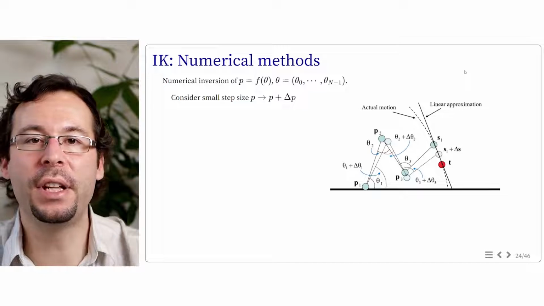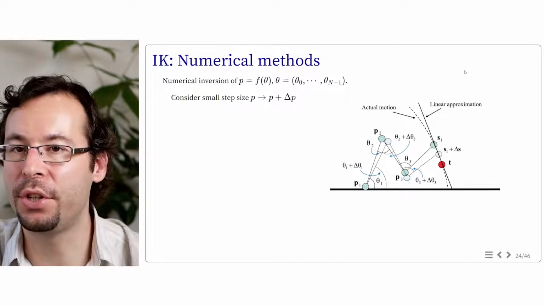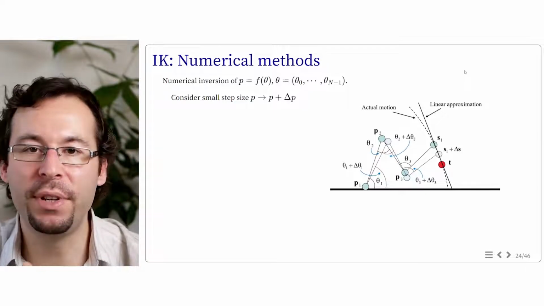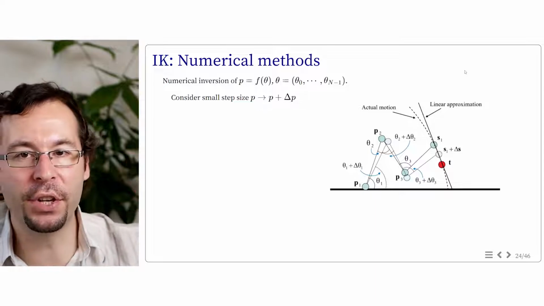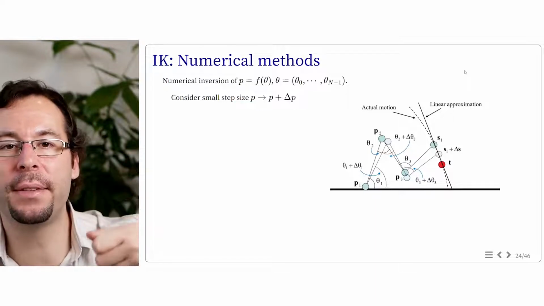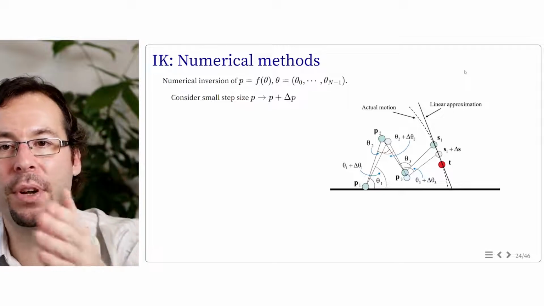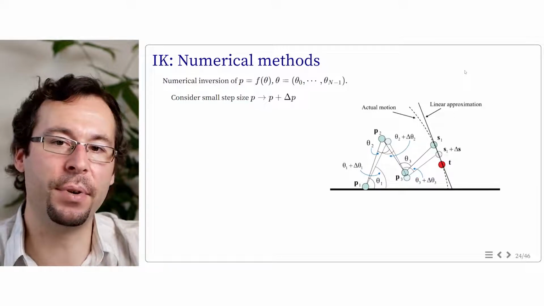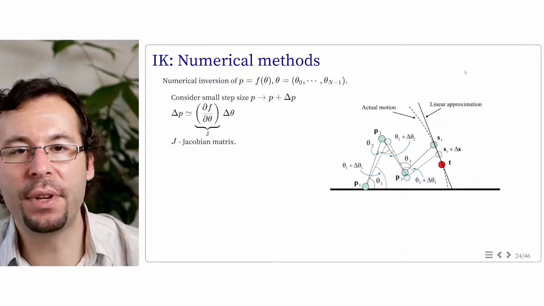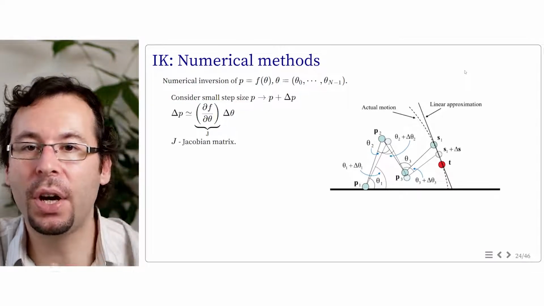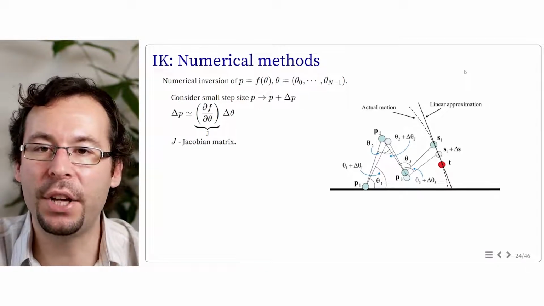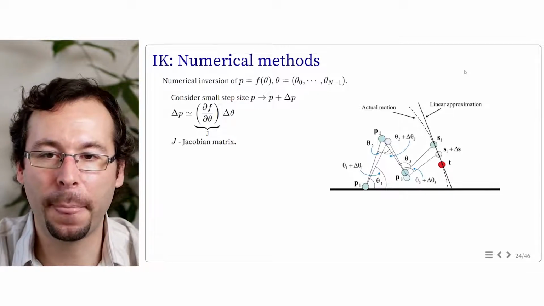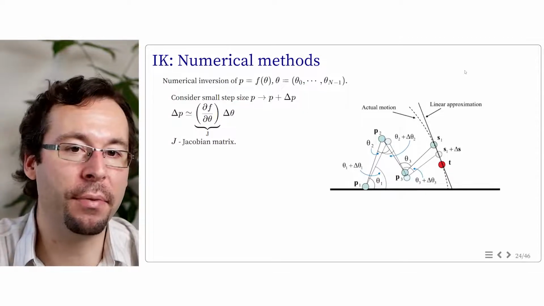So inverse kinematics in general has to be solved numerically in most situations. One way to tackle the nonlinear problem is to use linearization. So we consider the skeleton to be in an initial configuration, and we are looking for a small displacement of the target P going to P plus dP, and associated to a small change of angle theta going to theta plus delta theta. In this case, we can consider the linear approximation of f along small variation, and we have the relation that delta p is equal to the Jacobian of f times delta theta. And the Jacobian is the partial derivative of f with respect to theta.